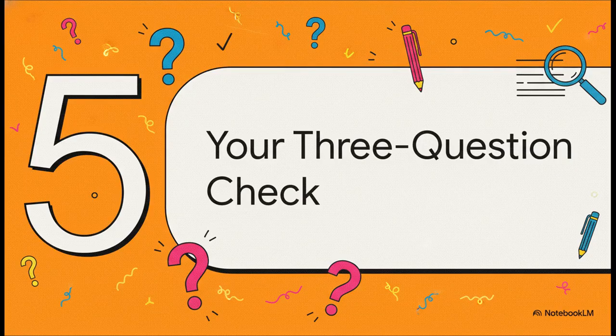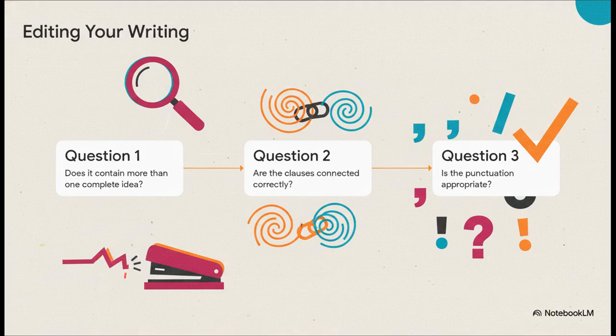So how do you actually spot these errors in your own writing when you're deep in the editing process? I'm going to give you a super simple 3-question check that's going to become your secret weapon. Anytime you're proofreading and you hit a long sentence, just ask yourself these 3 things. 1,